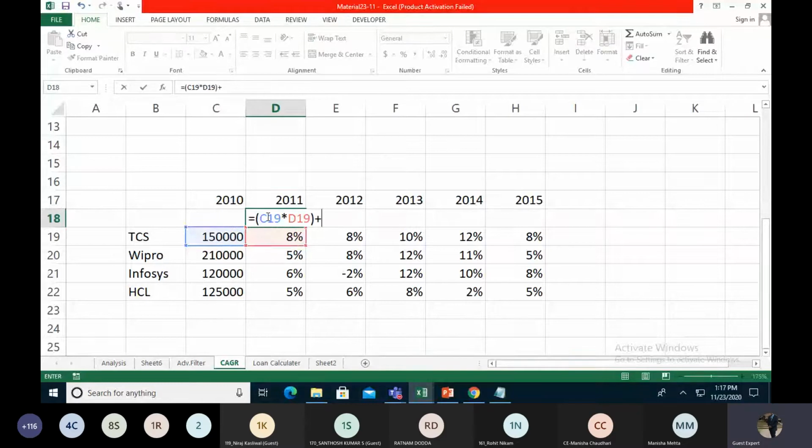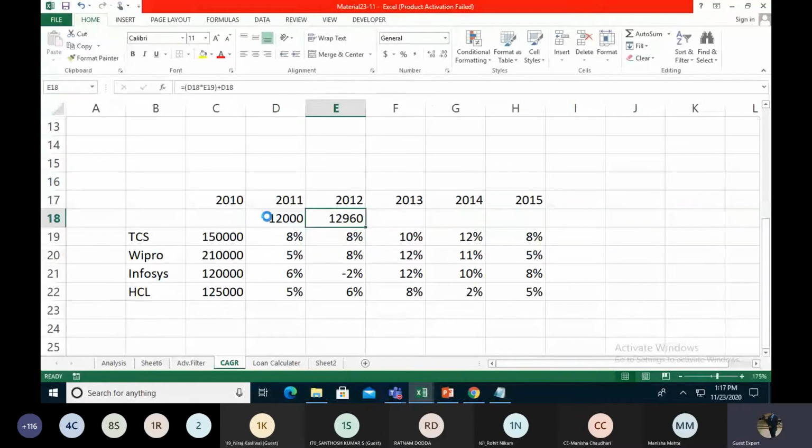And then after the bracket, we just drag it. Okay, so we need the closing balance.